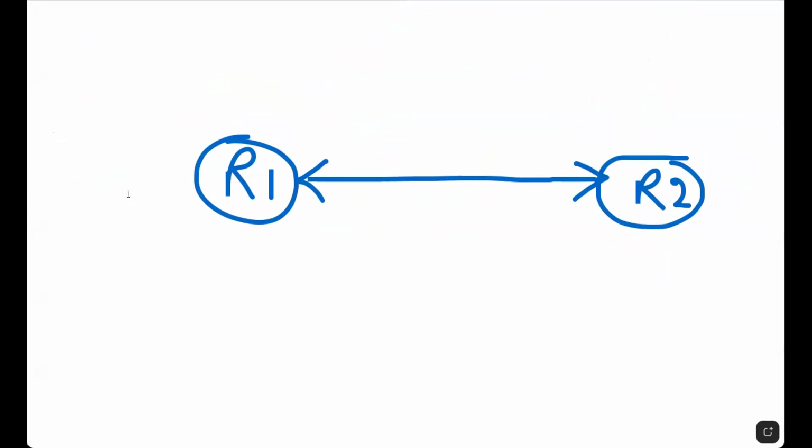The first thing is reachability. R1 should be able to reach R2. They both should be able to communicate. For that, they need to be on the same network. Otherwise, there is no reachability, right? If R1 and R2 want to become neighbors, they should be reachable and they should be in the same network. Second one is, they both should have the same